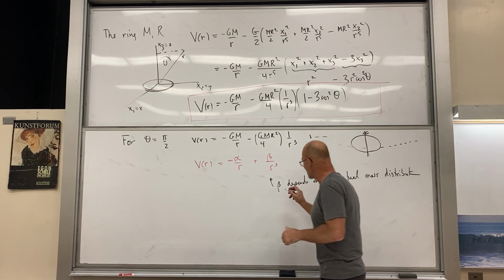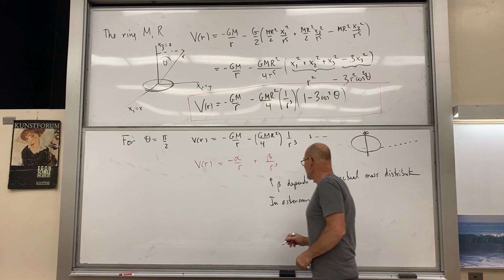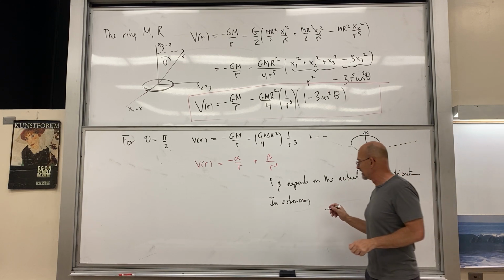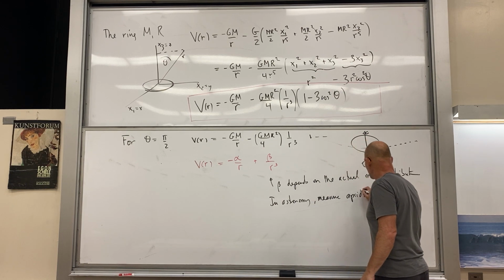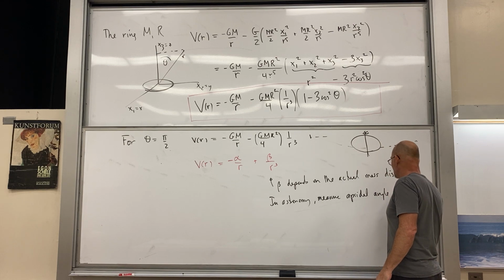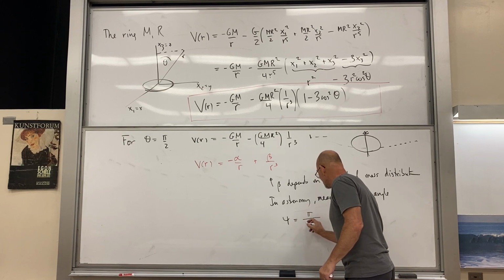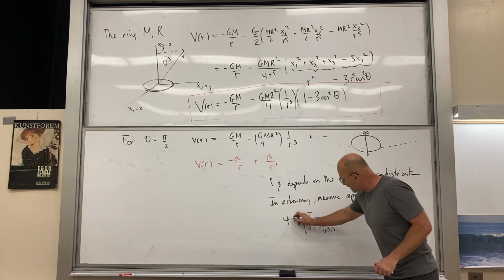And what I had been talking about, so in astronomy, we can measure the apsidal angle for nearly circular orbits, okay? We can measure the apsidal angle, C was equal to, just to remind you, we have that expression, root of 3 plus U double prime of R0 over R0 U prime of R0. Just to remind you, so suppose you can measure this thing really accurately